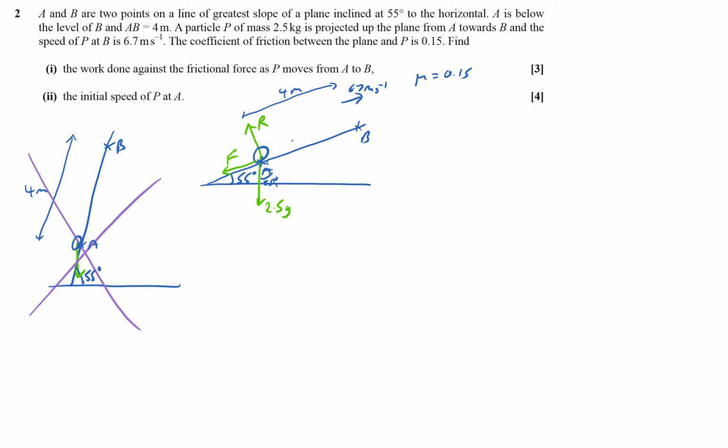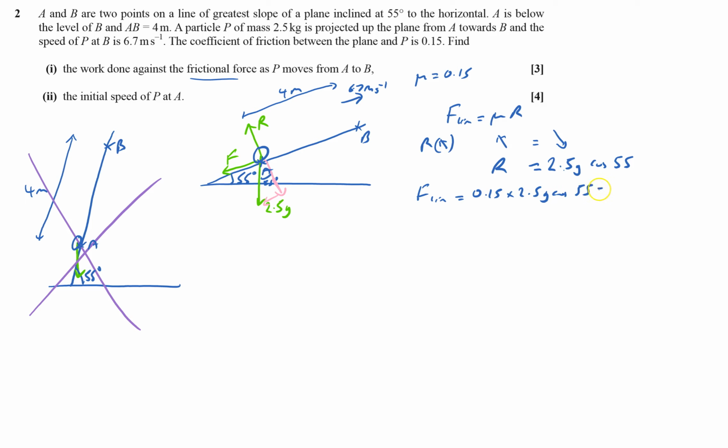Well, it's moving, so as soon as it's moving, I know I'm going to have F lim equals mu R. And it's to do with the work done against a frictional force. So I've got to work out what F is. I'm told what mu is. I need to know what R is. To know R, I need to resolve perpendicular to the slope. That way must equal that way because there's no acceleration in that direction. So R equals, split this force up, it's this bit here, which is the important bit. That will be the cos bit. The other one will be sine. So this one will be 2.5 g cos 55. So we can now put this into there. We get F lim equals mu 0.15 times 2.5 g cos 55,